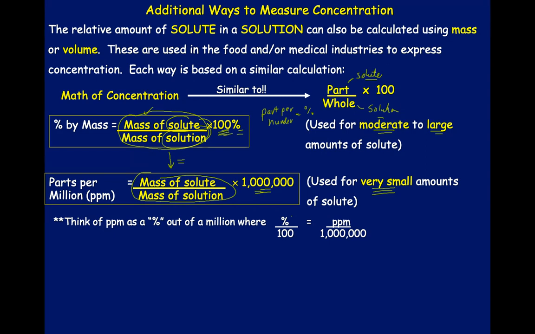So in a problem where you want to convert, you'll either be given the percentage and asked to find the ppm, or given the ppm and asked to find a percentage. You can use this clever little adjustment. Okay, and lastly,